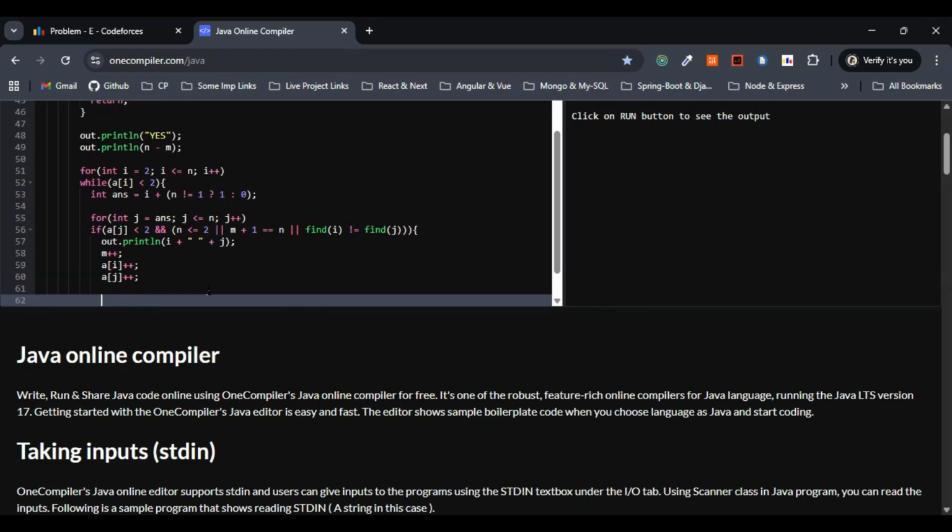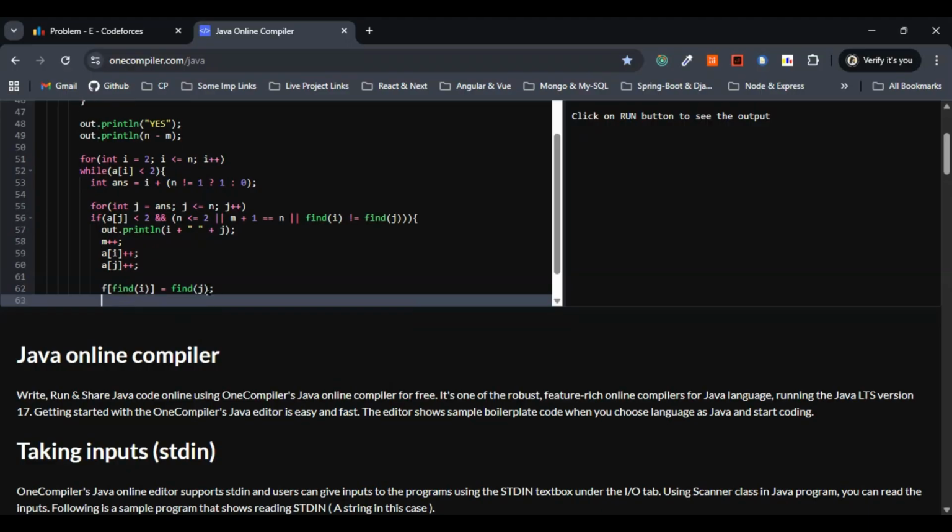Now what shall we do here? Let's union the components of i and j. So this one again, f of find of this one. This time it's i. Oh, this one I forgot. We have to keep this within the parenthesis, not the square bracket. So find of i is basically equivalent to the find of j. So this is fine. Now let's break the inner loop to reevaluate while a of i is less than 2 for